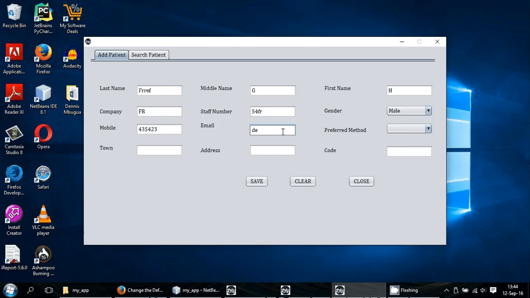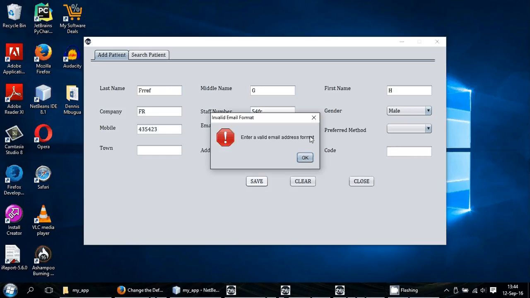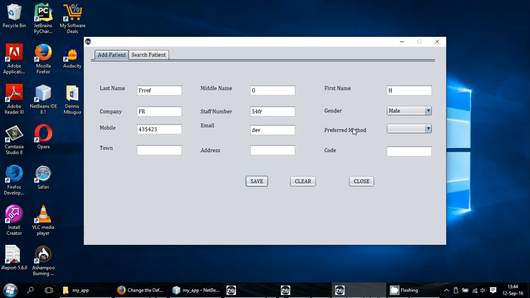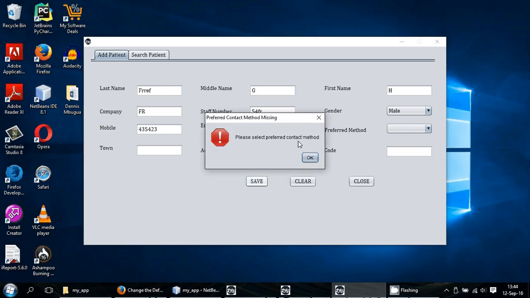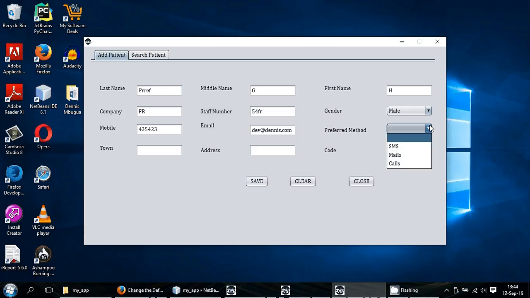When I try to put in some email, this is not a valid email address format. And when I fix it, it accepts, and it requires an input for the preferred contact method, and you can select any. So you can clear,